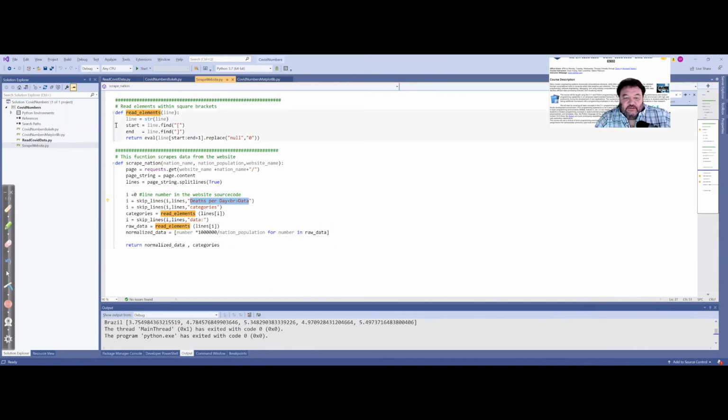Given a particular line, it looks for an open square bracket to the close square bracket and reads everything in between. So this works, and as we saw before, we also replace the null with a 0. In this case, there are no nulls. So here you get to the categories, then you skip even further down to find the data